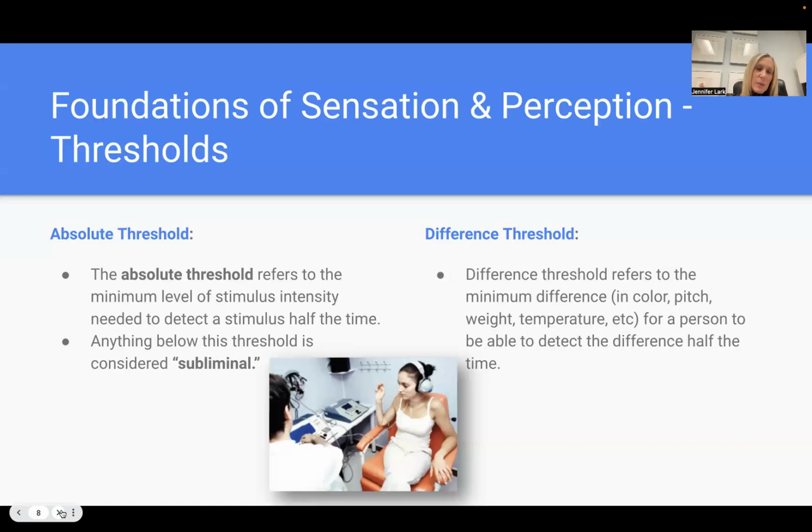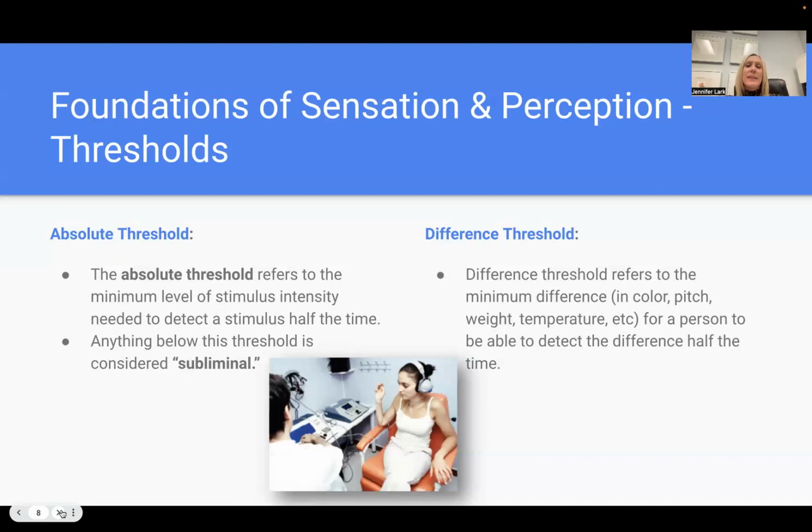So in the applied example that I just gave you, my absolute threshold for my children's crying to this day is far lower than my husband's, meaning it takes far less distress signaling from my kids for me to come running to them than it does for my husband. He just doesn't hear it. It doesn't register to him in the same way that it does for me. There's probably other examples that you might want to write down for your own that are going to help you think about that for yourselves.